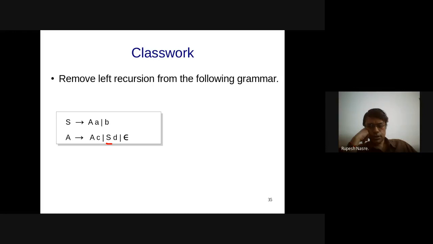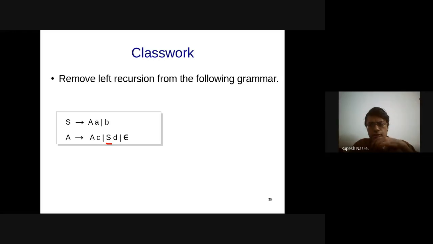Okay, A derives S D A prime or A prime, S D A prime or A prime. Okay, and A prime derives C A prime or epsilon. Yeah, this also seems fine.